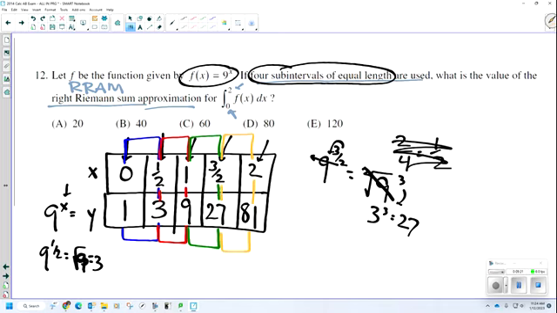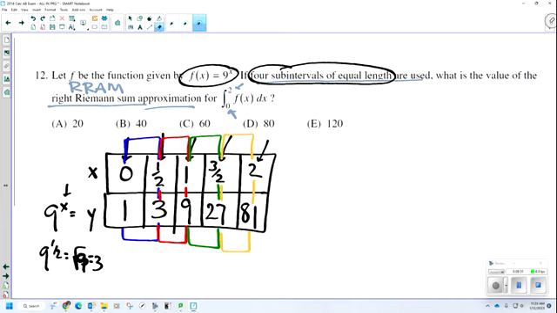All right. So I'm going to use an RRAM, and let me clear out some space here so we've got some room to work with. Looking at my blue rectangle, I have 2 values, the 1 and the 3, but it's RRAM, so I want the right side. It's 3 plus. Look at the red rectangle. I have a 3 on the left and a 9 on the right, but I'm using RRAM, or the right one. Plus,